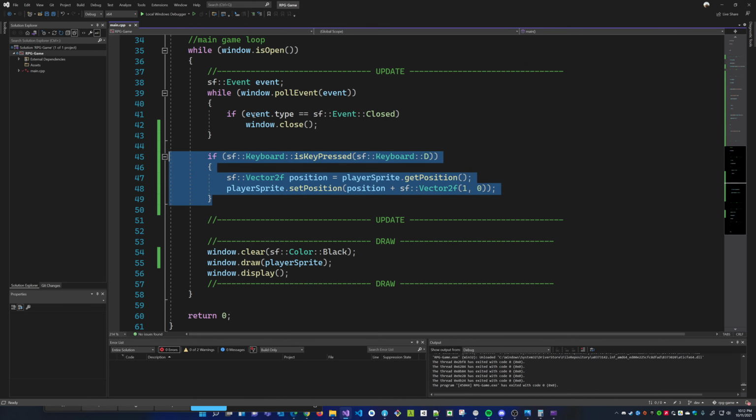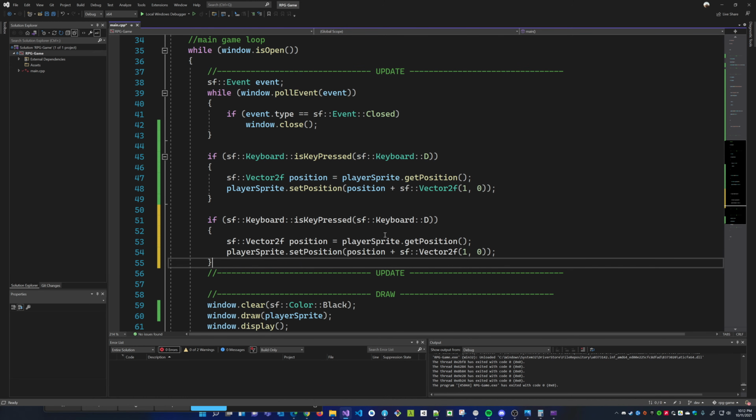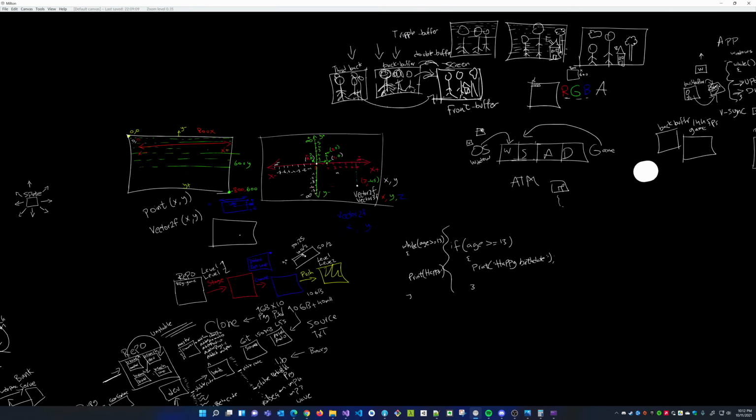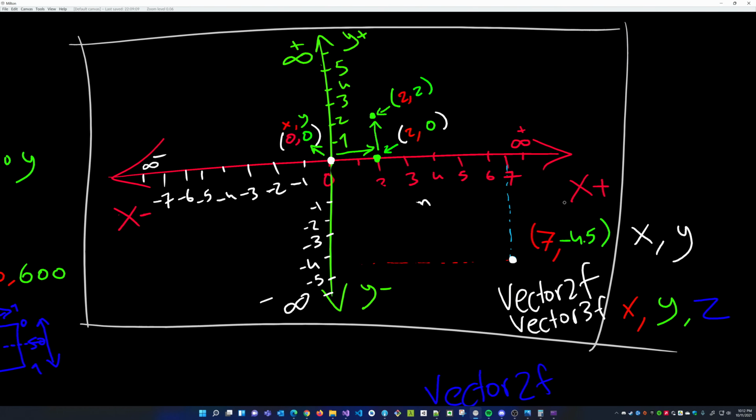I'm going to copy this exact same code, and I would like to press A. A means he moves to the left. Look at this. Before, I'm saying take the position and add 1 on the x-axis, which means I move right. And remember from our graph, the positive x-axis is moving to the right.